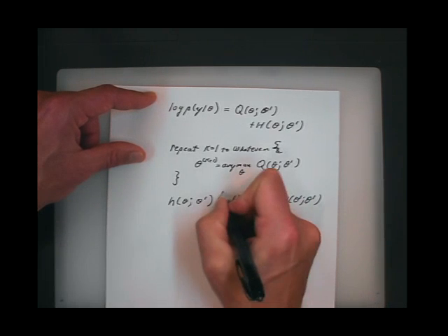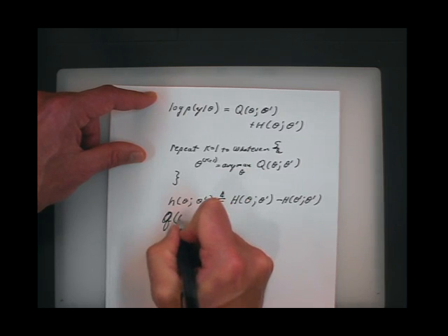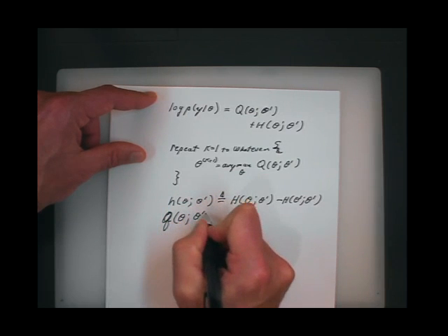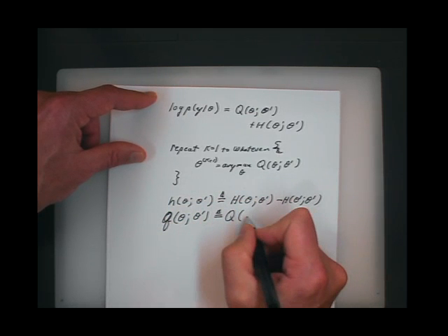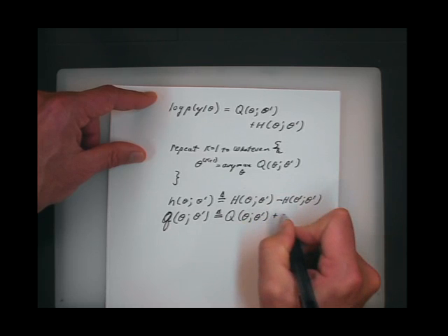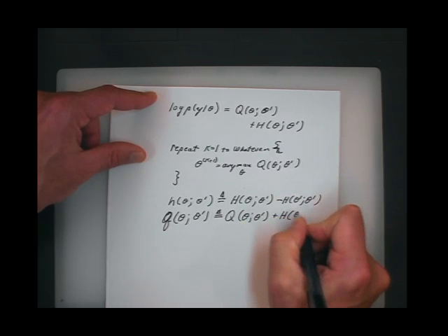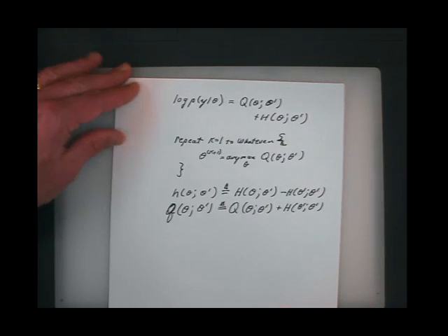You can define this, and you can define little q of theta, theta prime to be equal to big Q of theta, theta prime plus H of theta prime, theta prime. So if you do that, then